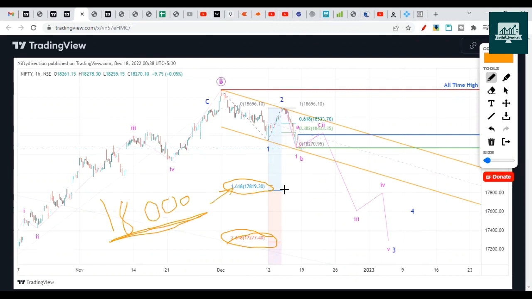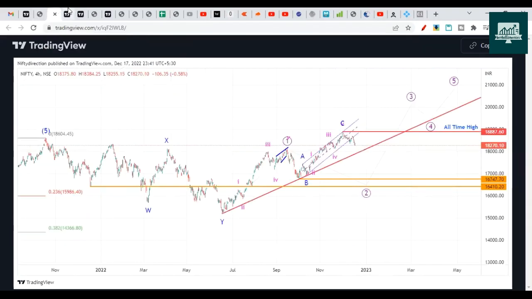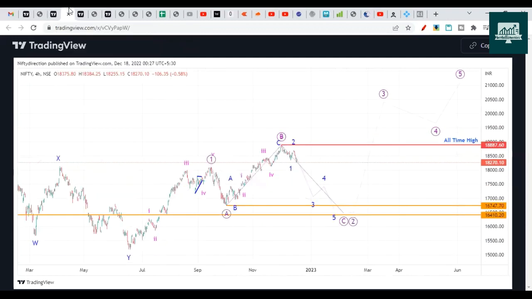If it does not cross this level, then I will assume that it is going to go higher and there will be a different case to be considered. So here, if it breaks below 18,000, this case probability will increase that we are going towards 17,300, and 17,400 is a major support. You need to watch for that support as well. So yeah, this was the first case. I'm giving this first case of expanded flat an 80% probability. Okay, so you can let me know in the comments what you think.